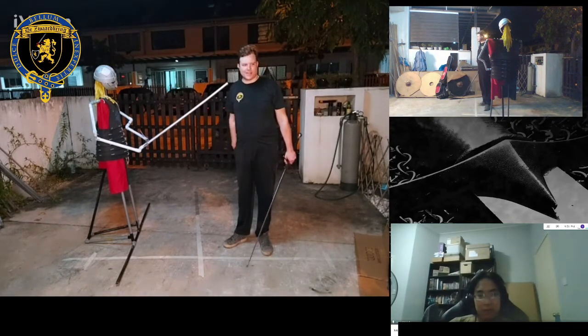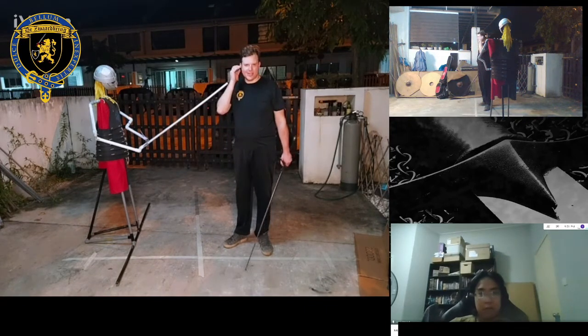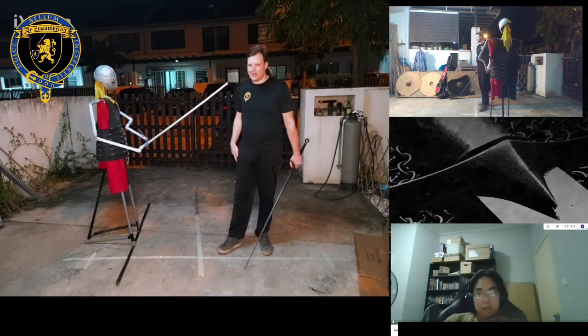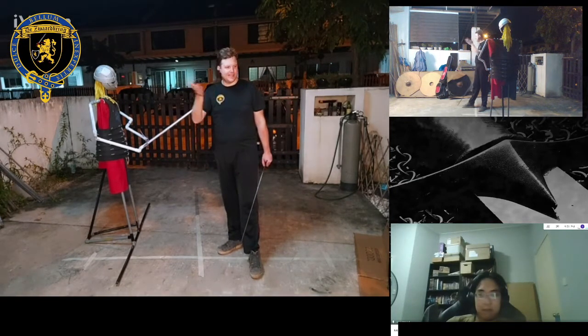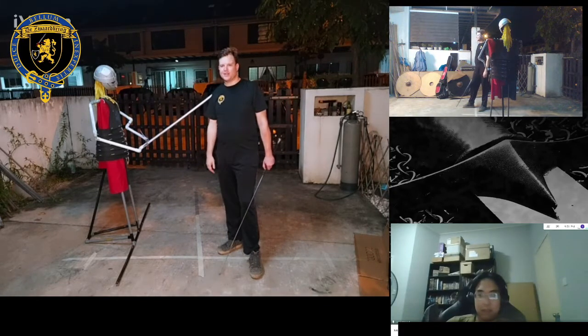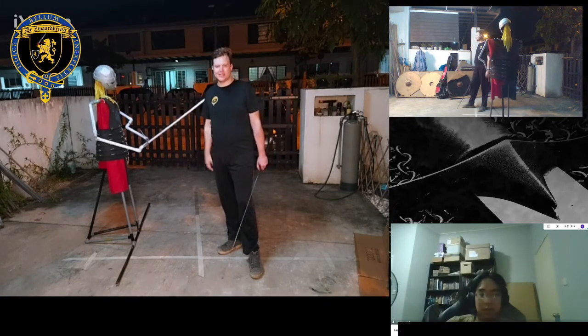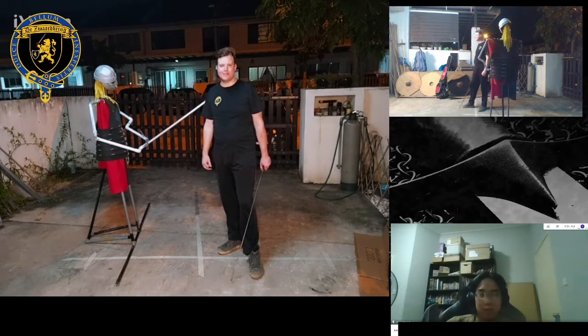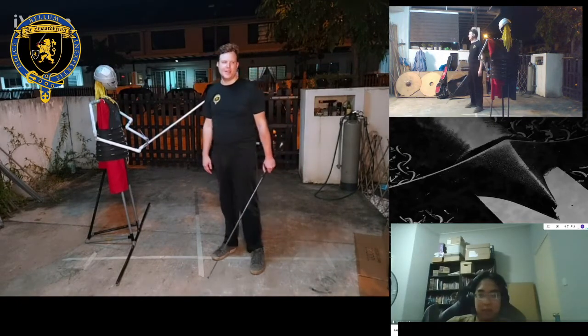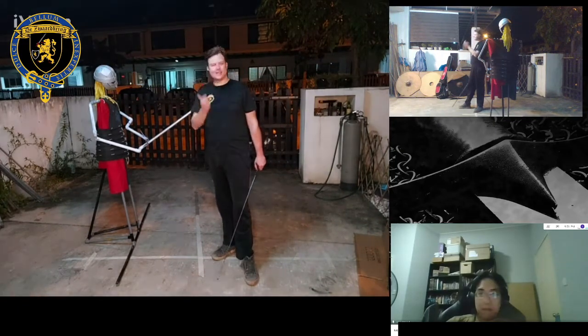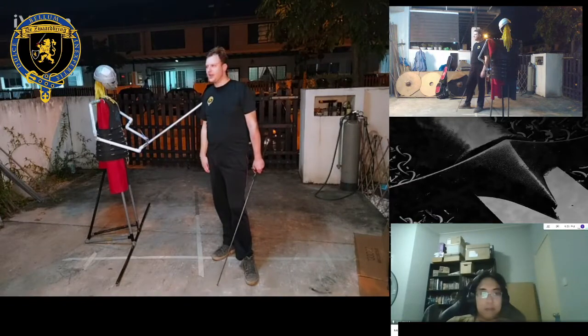And vice versa. If I have a long sword and he thrusts at me with a messer or something like that, then I will probably need to back off a bit because else my sword will be too close. I don't know how I let him get so close with the messer. I mean, I have a long sword, I should be keeping him at a distance, but it's a fight and funny things can happen. So it entirely depends on your opponent's weapon.